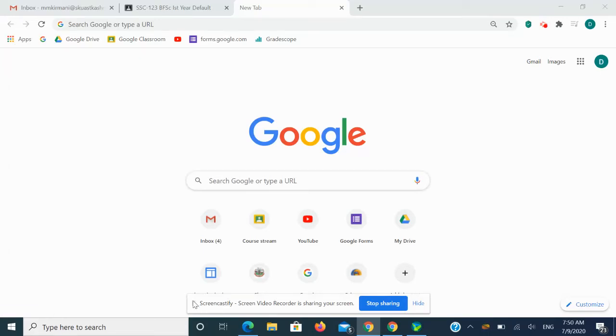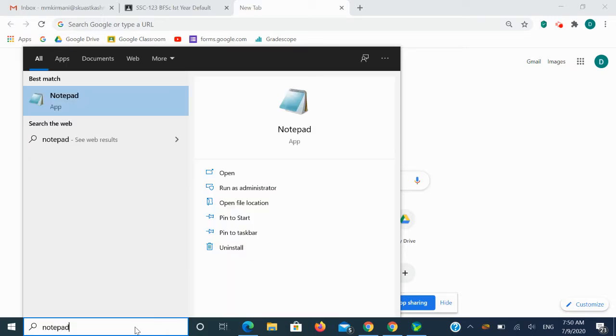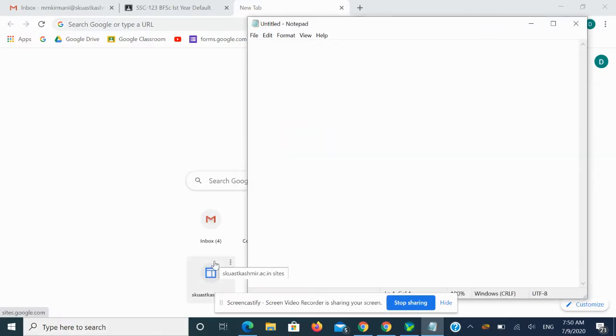Hello and welcome to this video wherein I'll be discussing how we can use the Zoom app, or rather the Zoom facility, for sharing our screen or for interacting. There are two methods for this, so I'll note it down first. Let me open the notepad so that I can write, which you can see.